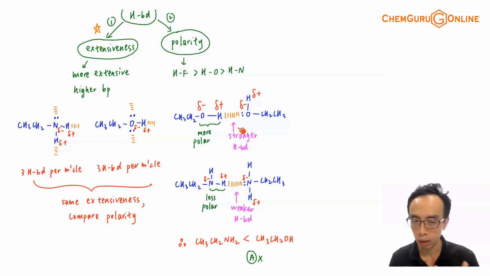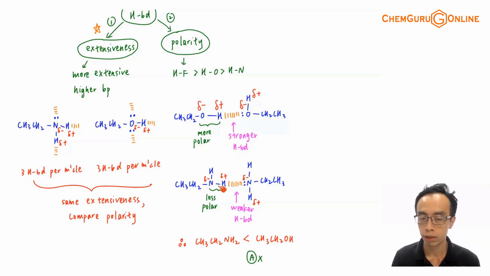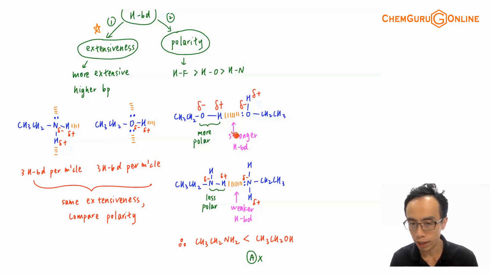If I compare my OH bond in my alcohol versus the NH bond in the amine, the OH bond is more polar because oxygen is more electronegative than nitrogen, which is in turn more electronegative than hydrogen. So the OH bond is more polar, and we will expect oxygen to have a bigger partial minus charge, hydrogen will be a bigger partial positive charge, whereas involving the NH bond, since the difference in electronegativity is smaller, nitrogen will be